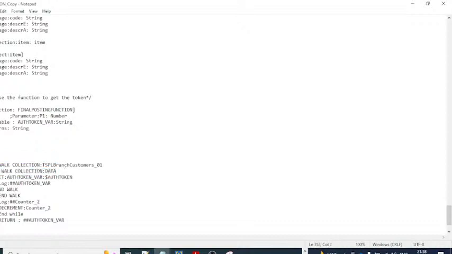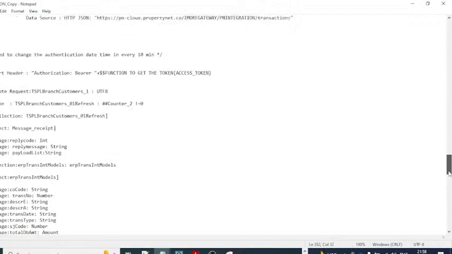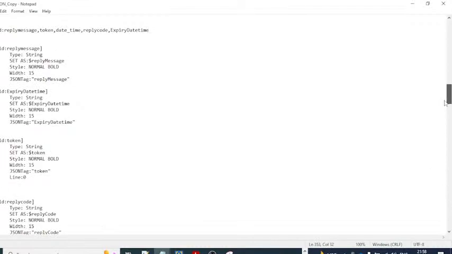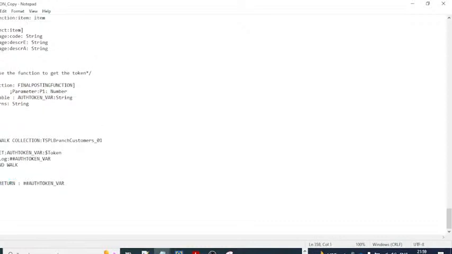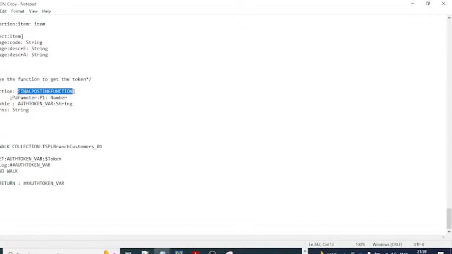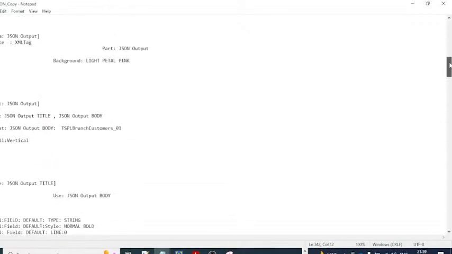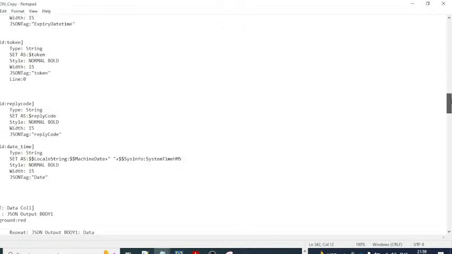वॉक कलेक्शन हटा दो, सेट ऑर्डर डॉलर, इसमें वैल्यू क्या थी उसकी, टोकन, एंड वॉक, एंड वॉक हटा दो, हटा दो, ये हो गया आपका रिटर्न। तो ये आ गया तुम्हारा डॉलर फाइनल पोस्टिंग फंक्शन।